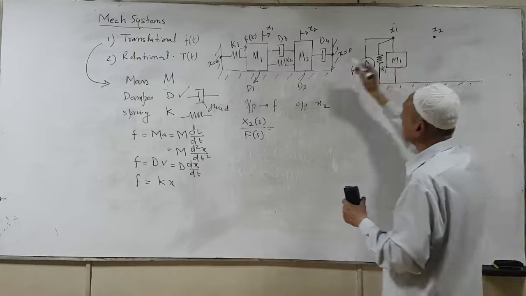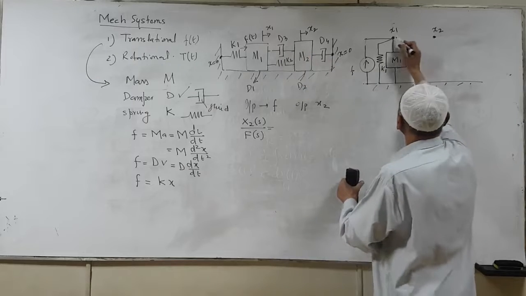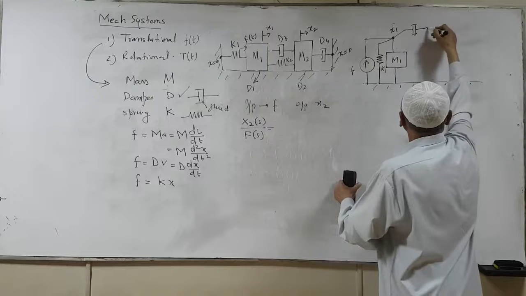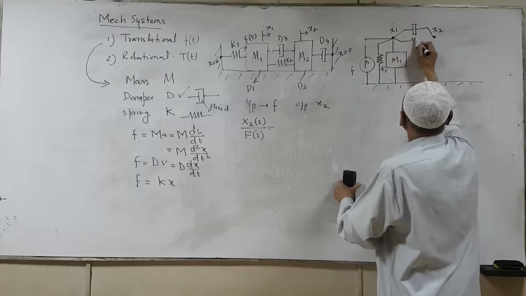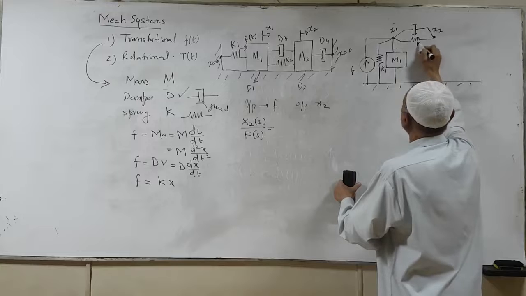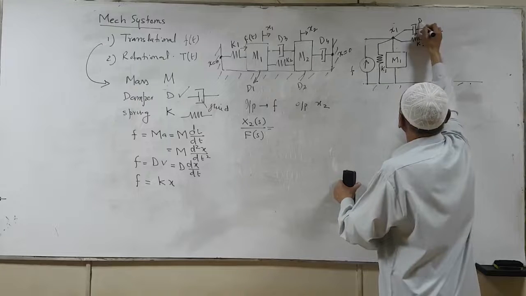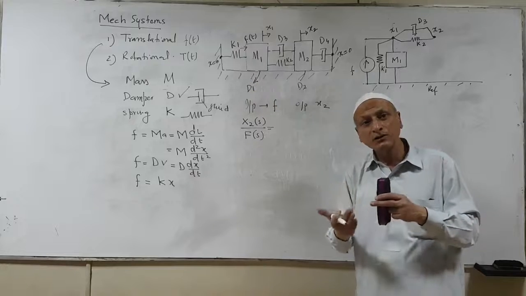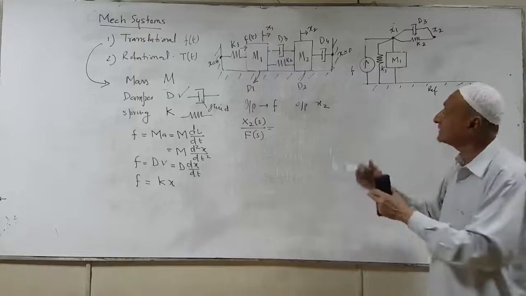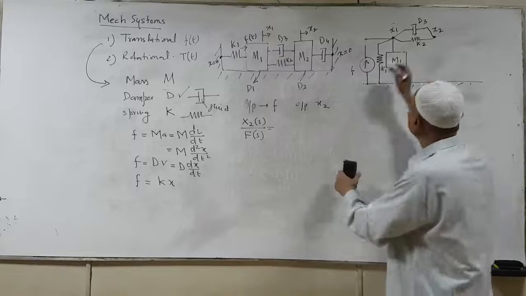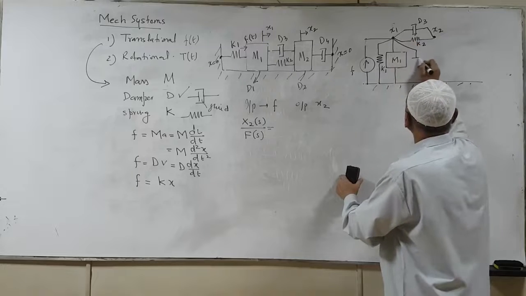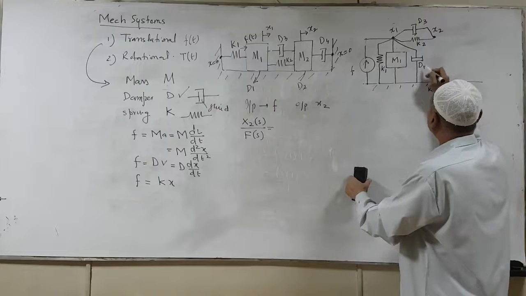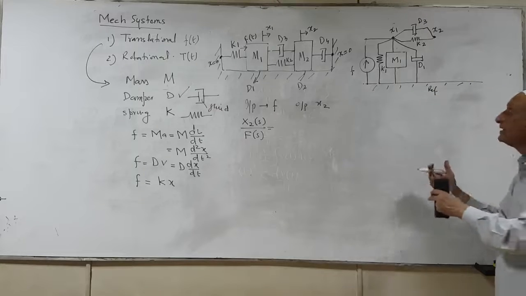Now between x1 and x2 we have a combination of those two. So we have a damper and we have a spring which is K2, and this one is D3. Now again, if you look at mass m1, there is a friction. Now the friction is with mass m1 and the mass is connected to the reference, so that friction is supposed to be connected in this manner when we talk about the equivalent mechanical network.